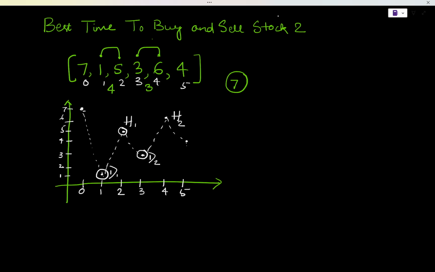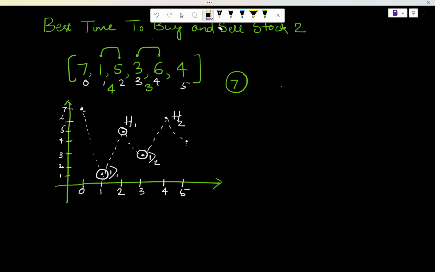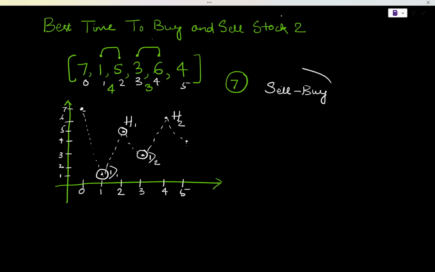Now, intuitively, this should make sense, right? Because we want to maximize the profit. So any transaction is basically sell price minus buy price. Let me correct this. If I look at any transaction that I have, it's basically selling price minus buy price. In order to maximize this quantity, we need to minimize buying price and we need to maximize